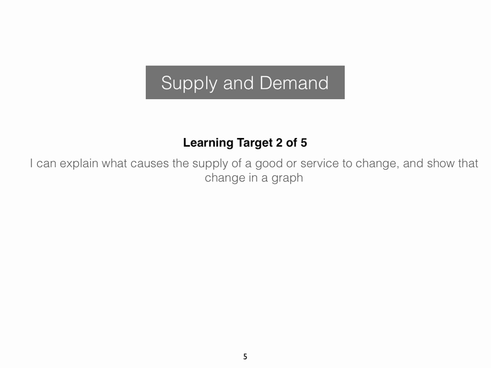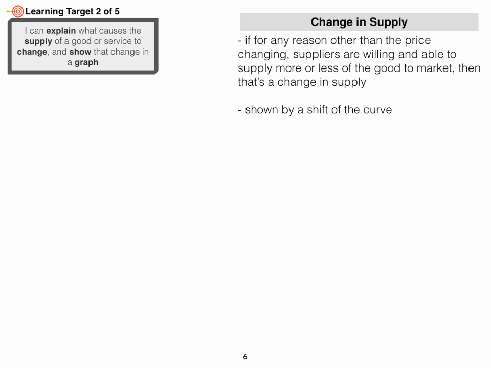Continuing with the lesson on supply and demand, here's learning target 2. I can explain what causes the supply of a good or service to change and show that change in a graph. A change in supply. A change in the supply of a particular good is going to occur if, for any reason other than the price of a good changing, suppliers, businesses are willing and able to supply and make more or less of the